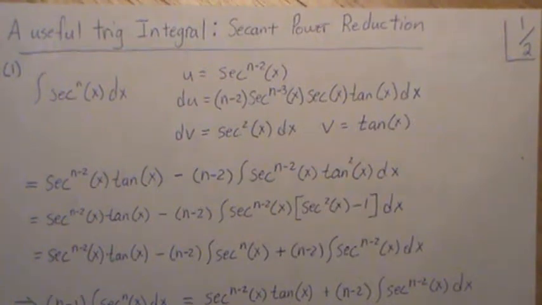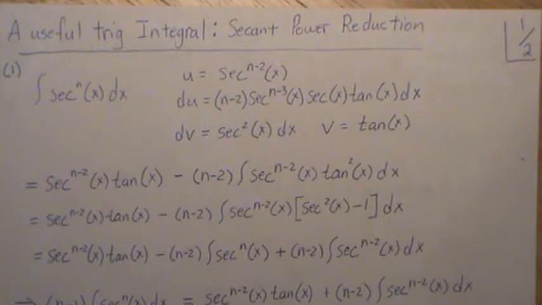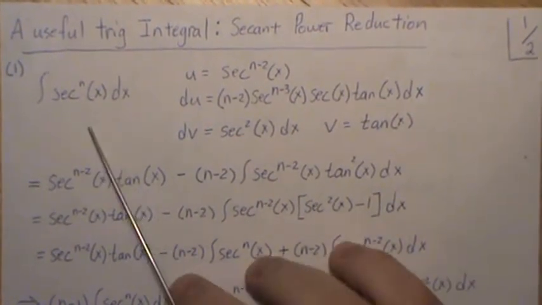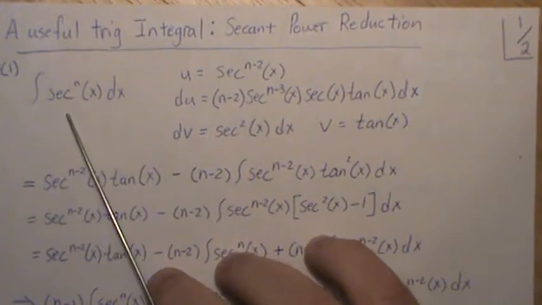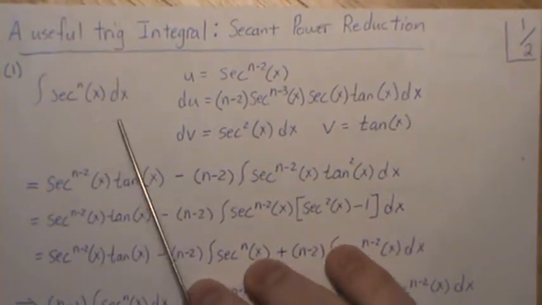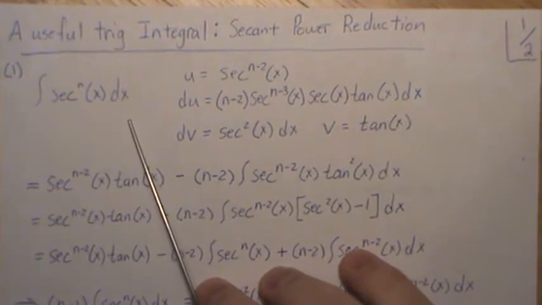Hello, this is the next video in a playlist that I'm calling Integration, and I consider this a useful trig integral, and it's a secant power reduction. And let's jump right in. So let's assume we have the integral of secant to the nth power, and we want to do an integration